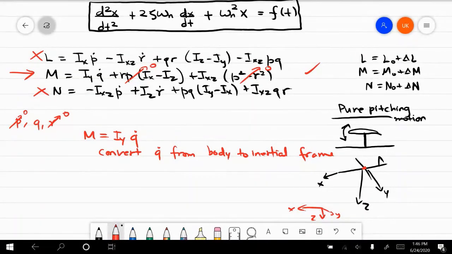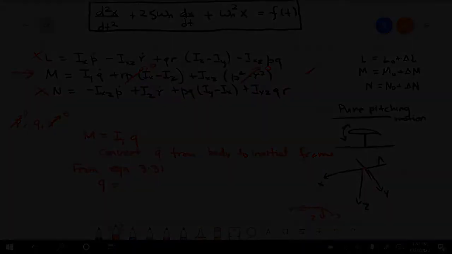If you go to equation 3.31, it shows you how P, Q, and R can be converted into angles measured in the inertial frame, that is, how P, Q, and R can be converted into phi, theta, and psi. Phi, theta, and psi are the angles measured in the inertial frame of reference. These angles are called Euler angles. We talked about this before. So if you look at equation 3.31, from it we know that Q equals